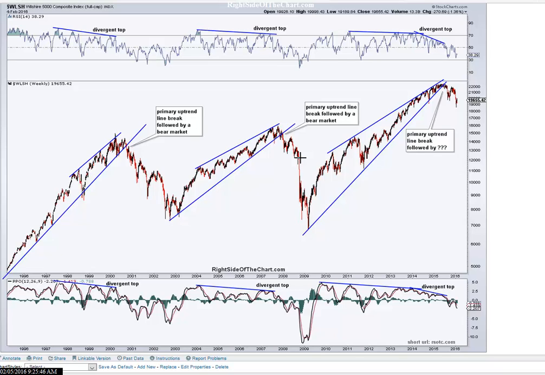Everybody attributes this bull market to the Fed, and obviously they juiced this bull market, and that's why we had such a tremendous run with the free money and the quantitative easing. But this, folks, is simply the business cycle. The economy works in these fairly, I don't want to call them predictable, because some bear markets and some expansions are longer than others, but we have bull markets, economic expansions, and then we have bear markets, economic contractions, recessions, and that's what we've had over